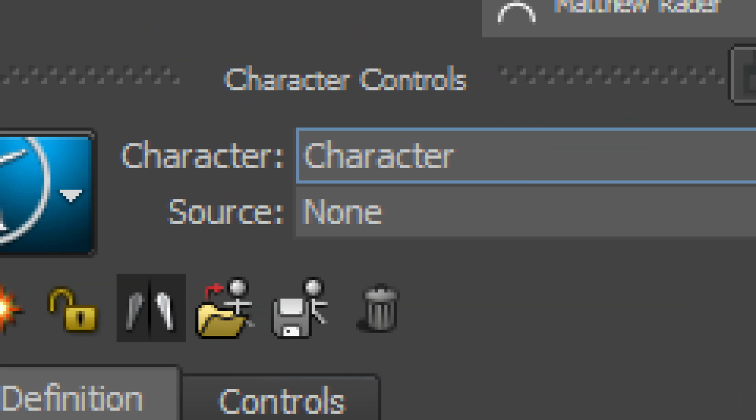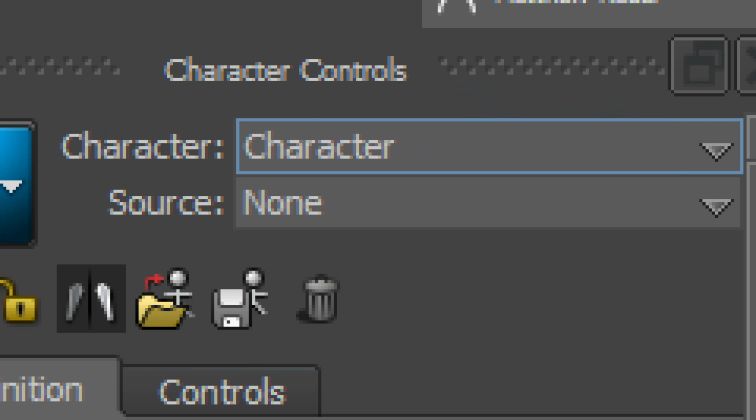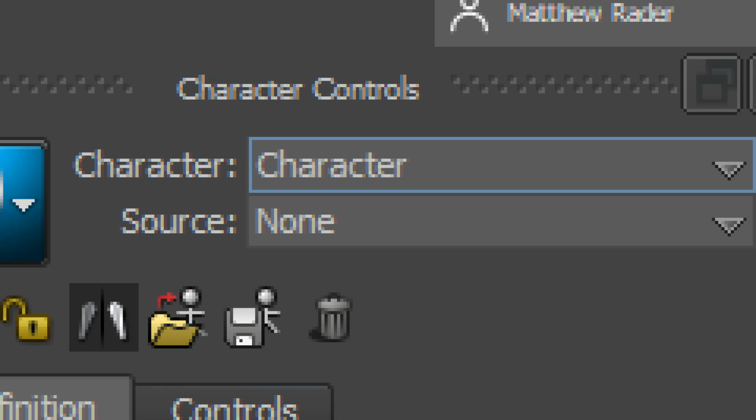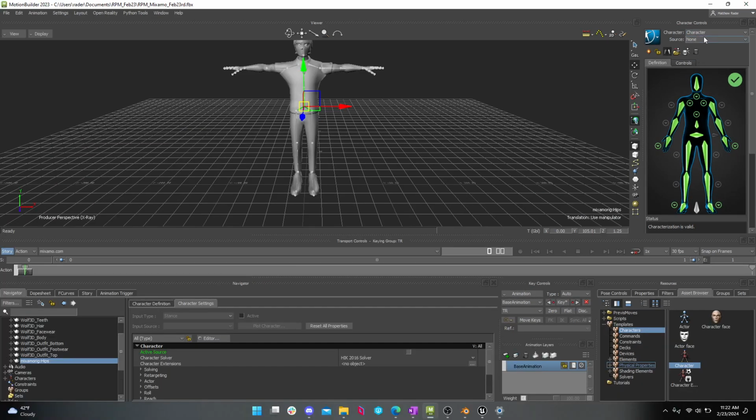What we're eventually going to do here is we select the character in the character slot, we select the motion capture in the source slot, and when those are both selected, it syncs them together so that anything that the source does, the character does. We haven't gotten the motion capture imported yet, so we're not to that step. What I want to do is I'm going to rename the character something else, just because character is a little bit ambiguous. Down in the bottom left,